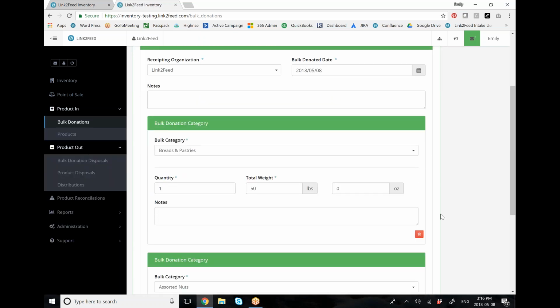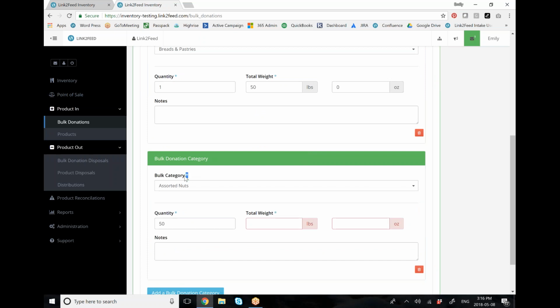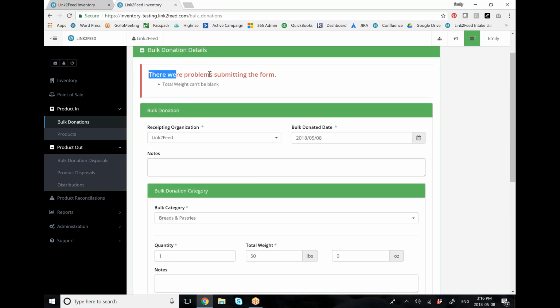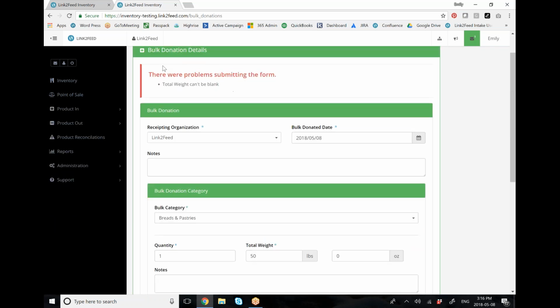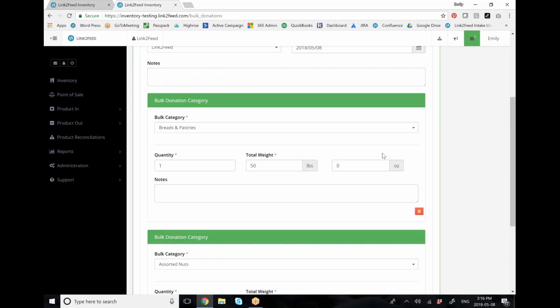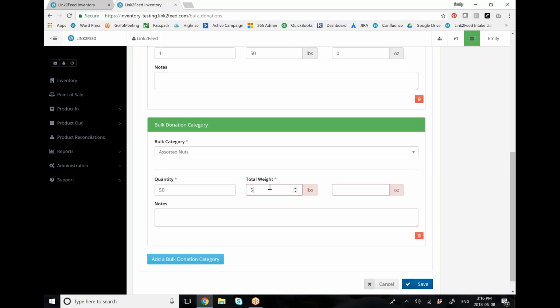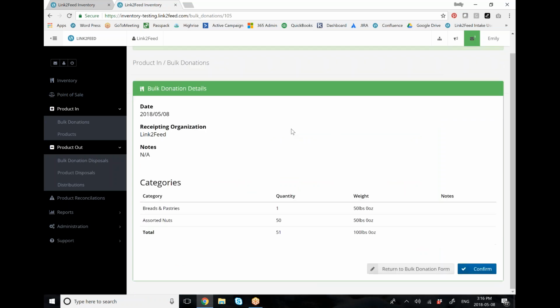You'll notice that anywhere where there is a star in the system, that field is required. So anywhere in Link2Feed, if you do not complete a starred field, you'll get a notification at the top of the screen, and they will also highlight for you what you need to complete. Then you save the bulk donation, you receive a secondary summary screen, and then if it looks correct,